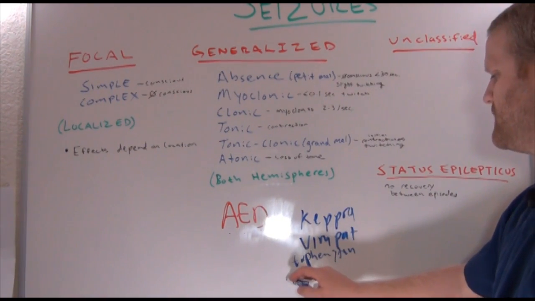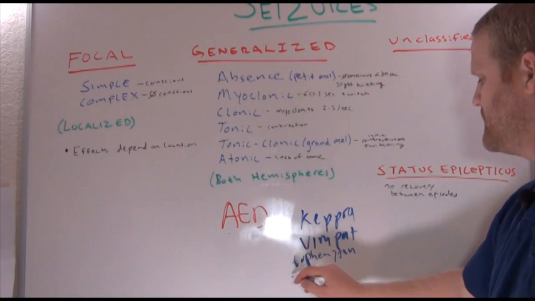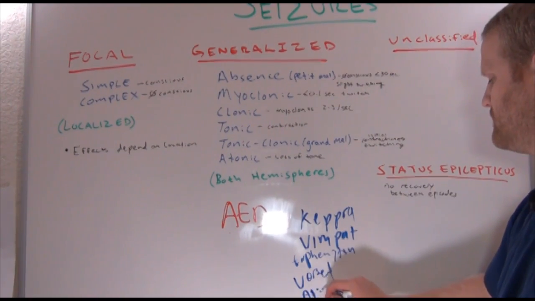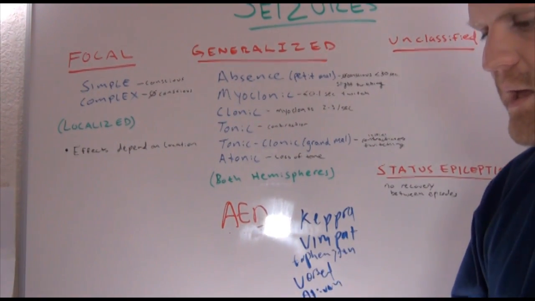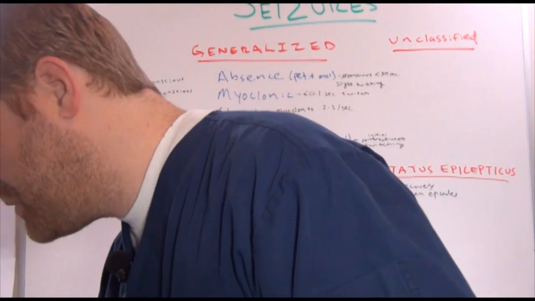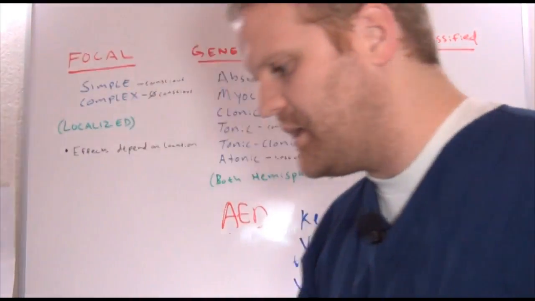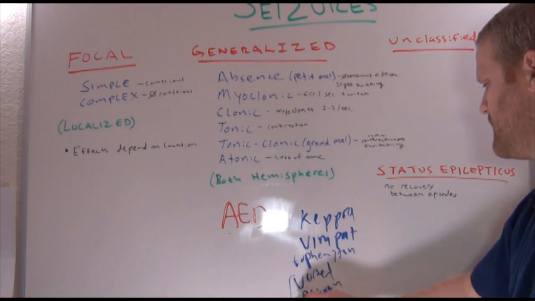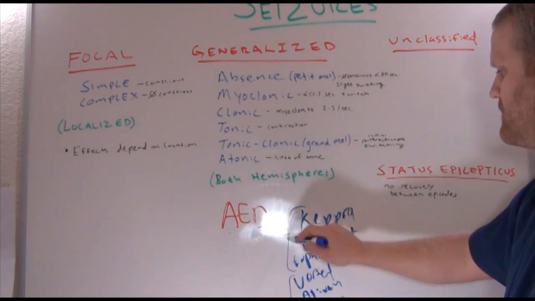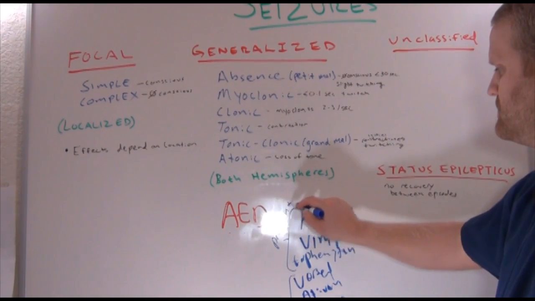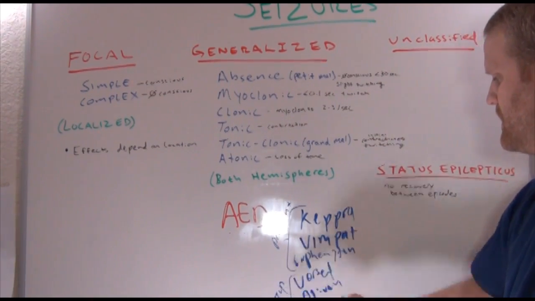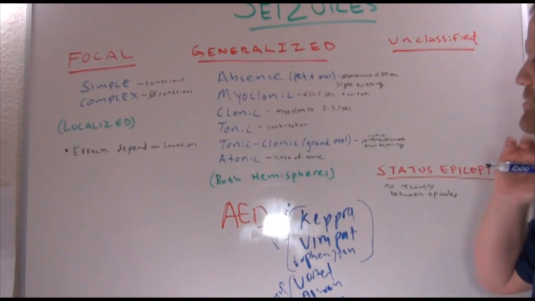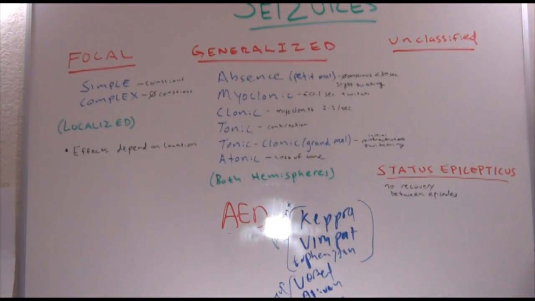and then things that we would use if they began to have a seizure again, we have Versed, and then we also have Ativan. And those are things that can stop a seizure right away. Those are going to be the biggest ones. And then there's also Valium, of course, that we can use to stop the seizure. Those would stop it, and these will prevent. So our benzos are going to stop, and these AEDs are going to prevent seizure. Okay, so those are some of the things you want to keep in mind.